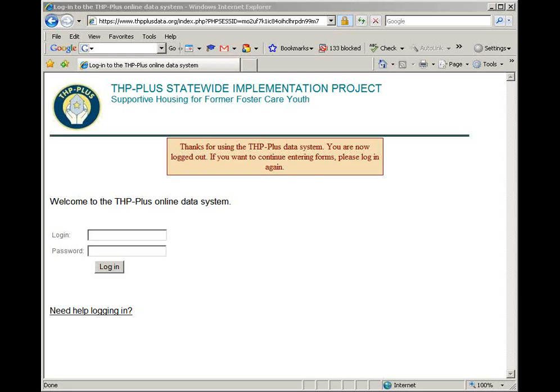This is a number that is connected to the public child welfare system. So if you have that information, you enter it there, and that will allow additional analysis in the future if we want to be able to compare data that is happening with THP Plus with that CWS CMS ID number related to the participants' situation in foster care. But if you don't know it, you just leave it blank.